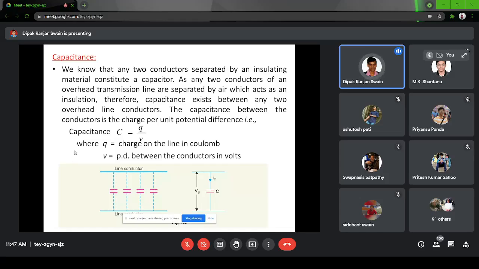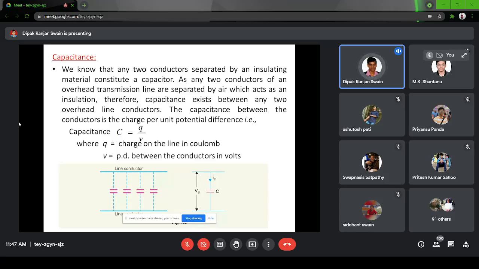Capacitance. Obviously, as I have told, the two conductors are carrying high voltage, and in between is insulating air. So the behavior of two electrodes which are separated by an insulator, which is air, will have a capacitive effect. Now there are two types of capacitance. One is between the lines, and the second is between the line and the earth, because earth is considered to be at 0 volt and the line, let us say an 11 kV line, the distance between them is air, so it is equivalent to having two electrodes of different potentials separated by an insulator.